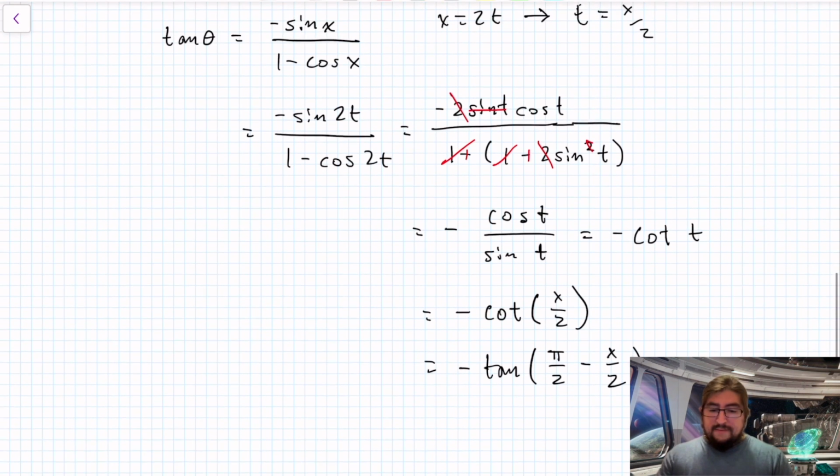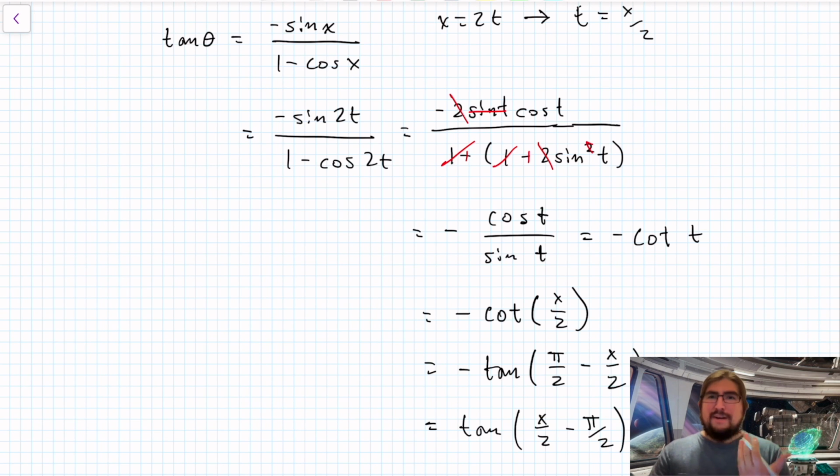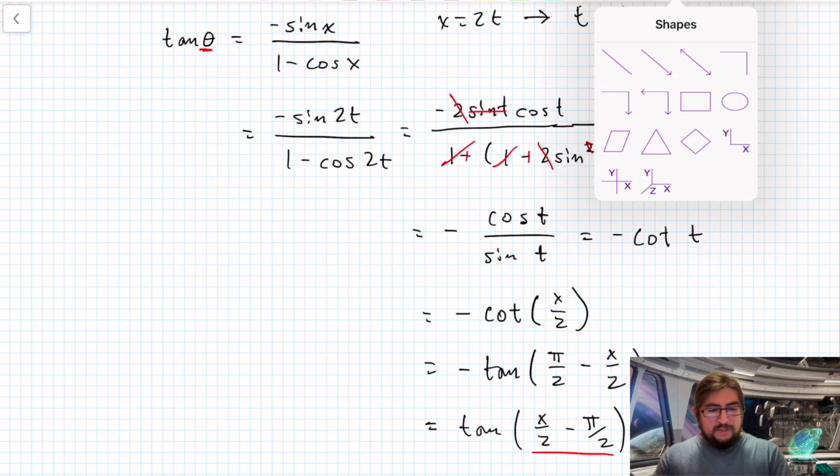Now I want to bring the negative in so we can compare these tangents head on. So bringing the negative in, we can switch the difference. So we get x over 2 minus pi over 2. Which is really funny because we're going to get another sign change. We'll get back to pi over 2 minus x over 2. But right now this is okay. So are these equal? Well, if you remember how the graph of tangent looks,